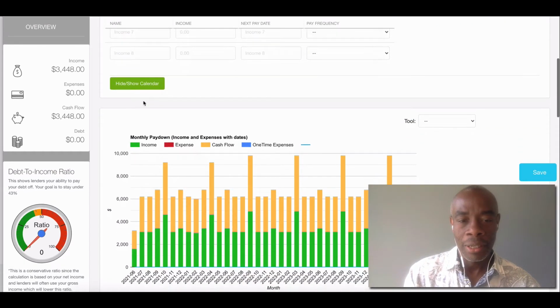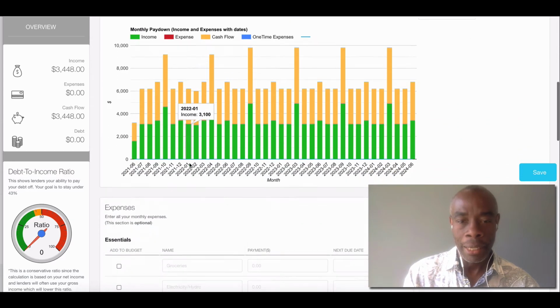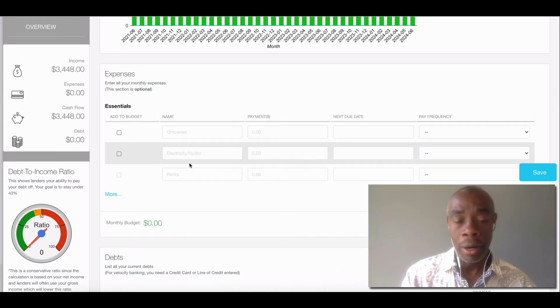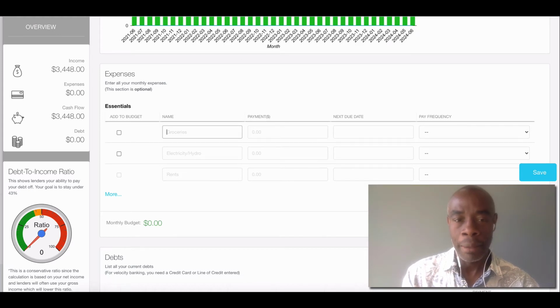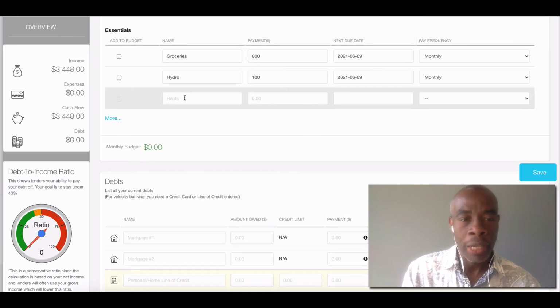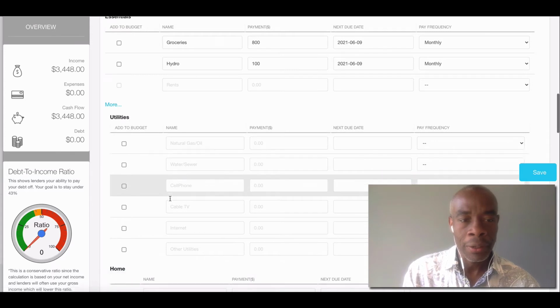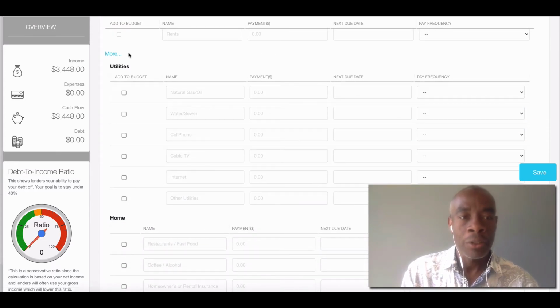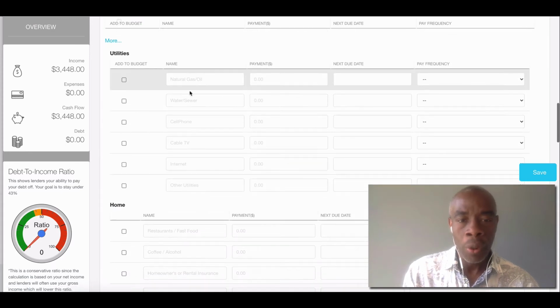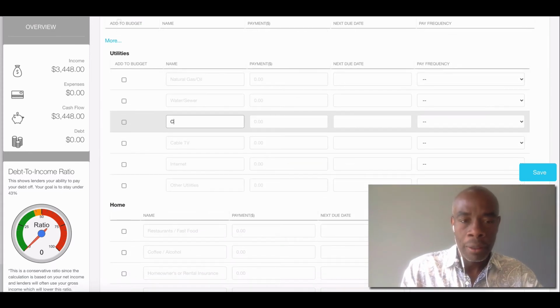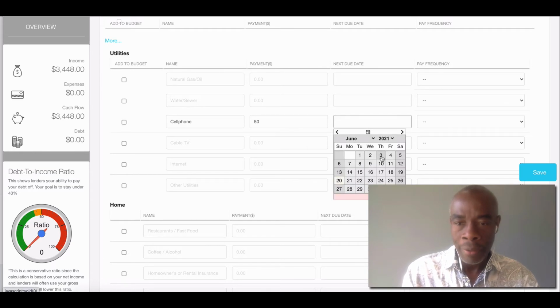Okay, so that's it. Now we've got the income part. Now we have to enter all our expenses. So you go in and you enter your expenses, and I'm going to do that right now. I'm just entering my expenses in here. You could expand it to see more columns, and you just go in and put in your cell phone bill. Let's say $50 a month, and my cell phone bill is usually due around the 4th,